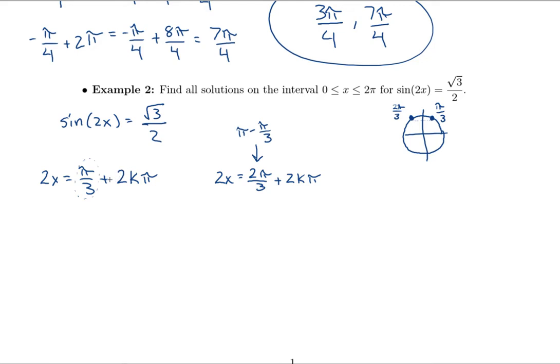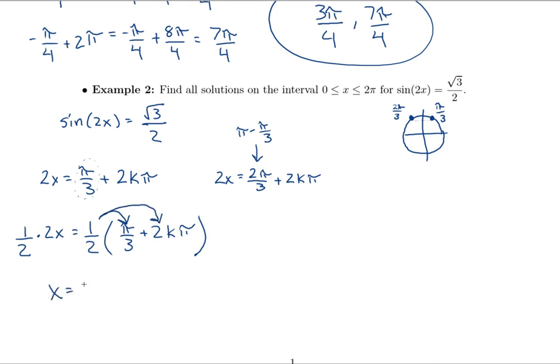I put in the plus 2k pi in both of these before I ever even think about trying to get x by itself. All right, so now, of course, you need to get x by itself, but I'm doing it after that. And the reason that that's so important, you can see here. I'll multiply by a half on the left to get x by itself. But now you can see why I needed to put that 2k pi in, because as I distribute,